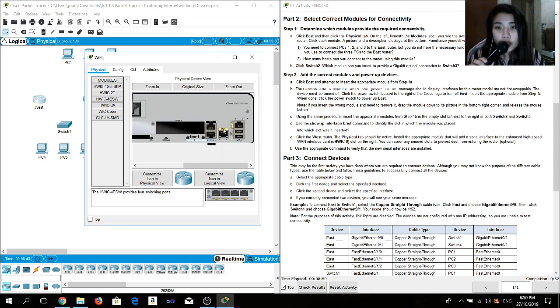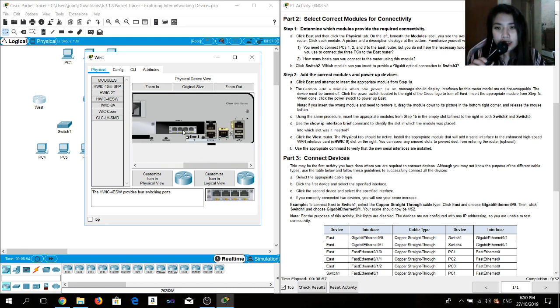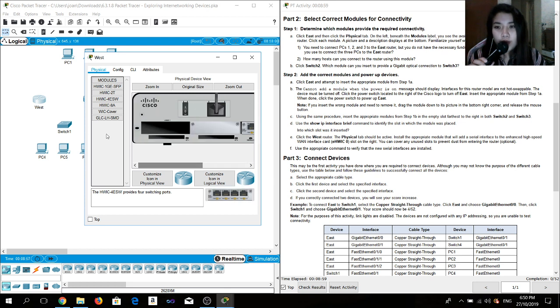So I will turn off the switch first, then I will drag it here, and then this WIC cover plate provides protection for the internal electronic components. It also helps maintain adequate cooling by normalizing airflow. So I will cover it. Then